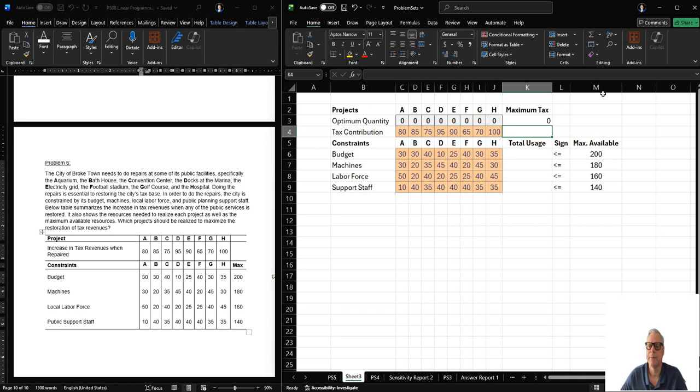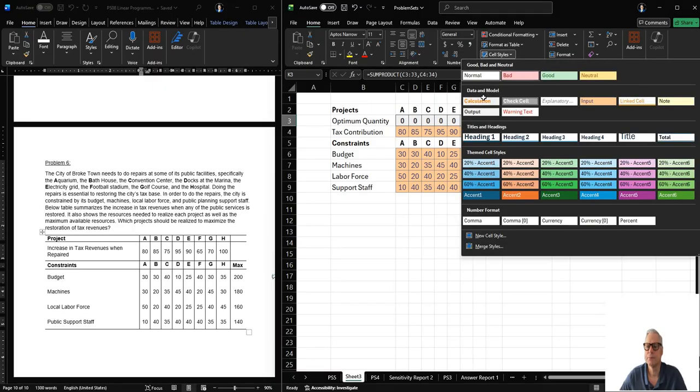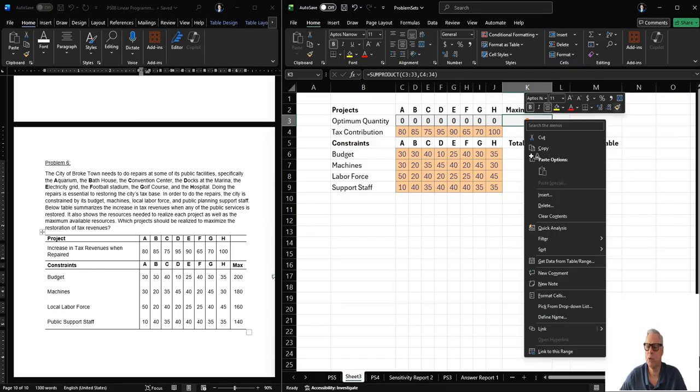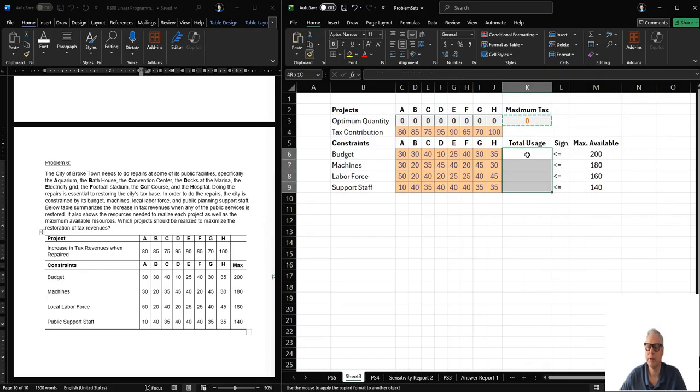So if I click in F, for example, 1, the maximum tax goes up to 65. So that formula, that's a calculation. And then we have a few more calculations left,